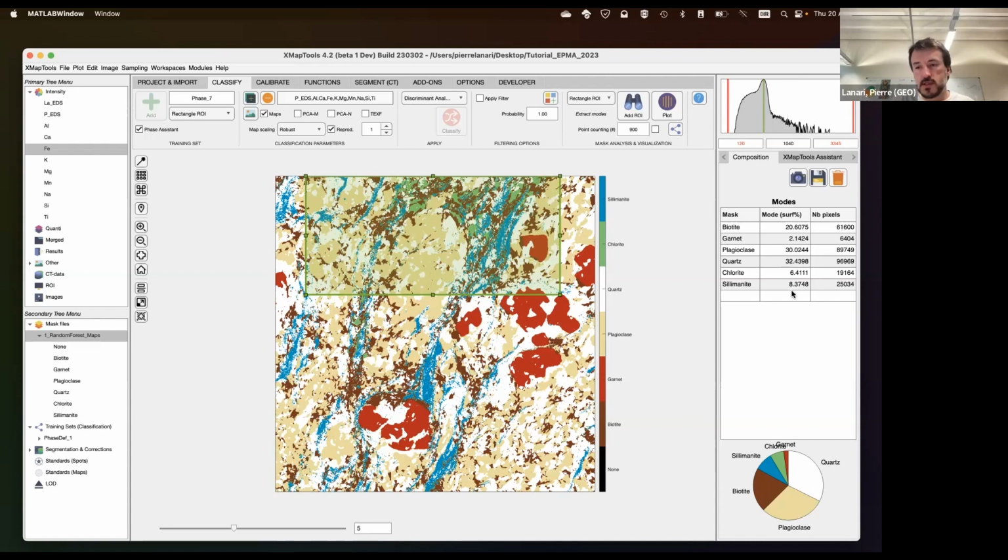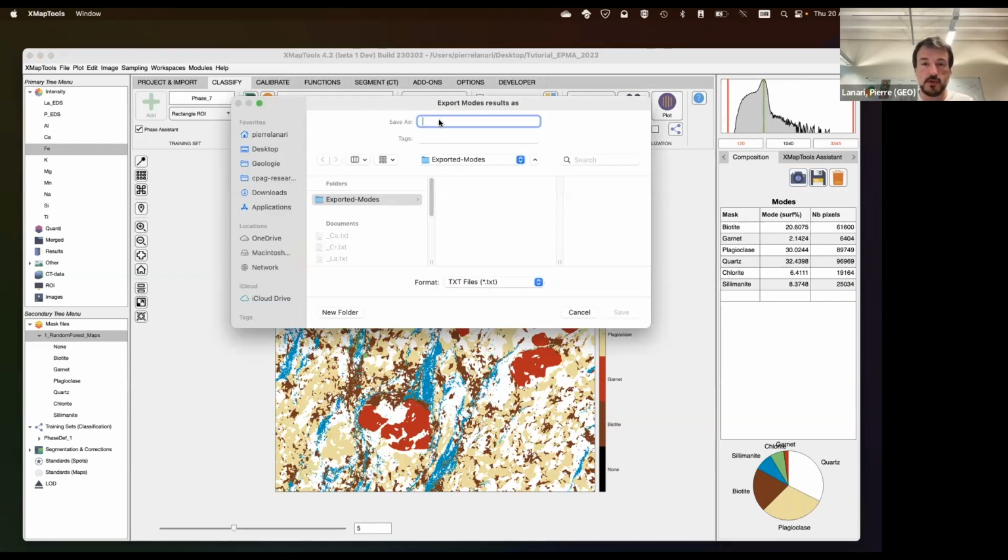Okay, if you also want to save those data, you can copy the data to the clipboard. If you simply click on that button, it will copy this data. And if you paste into Excel, for example, or into a text file, then you will get a nice table with this format. You can also decide to save the data as a text file. I'm going to press this button, save, and just say, okay, this is the modes for retrogression,